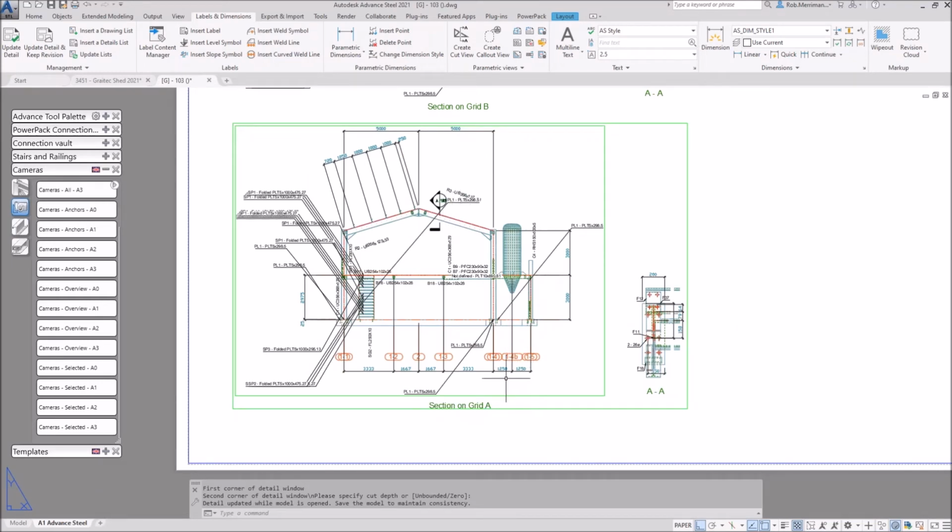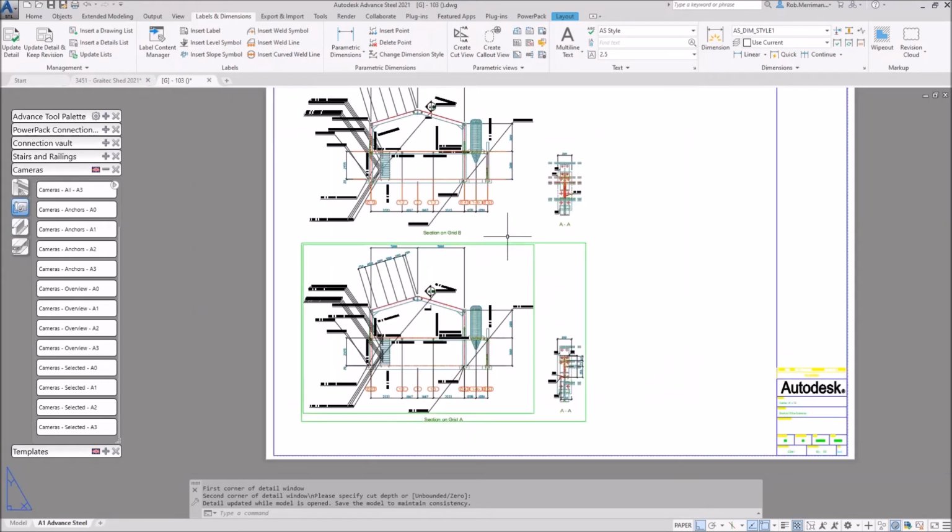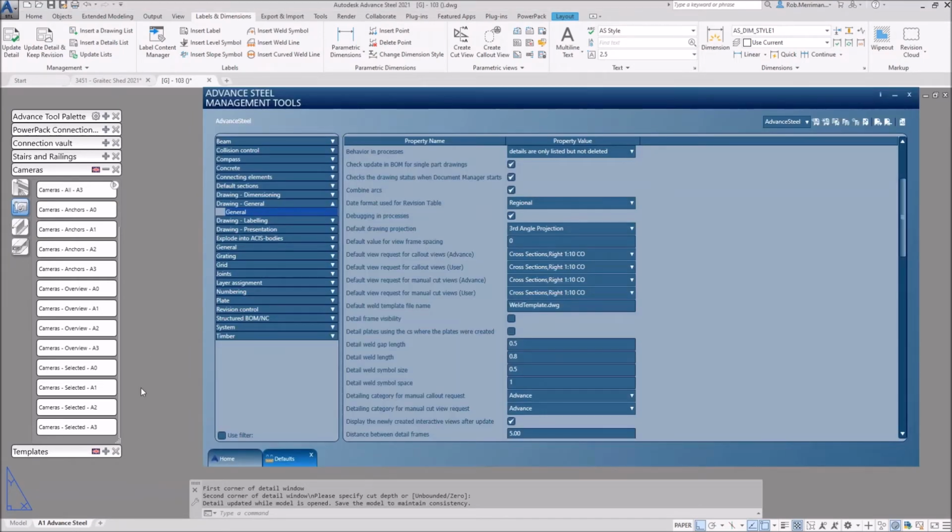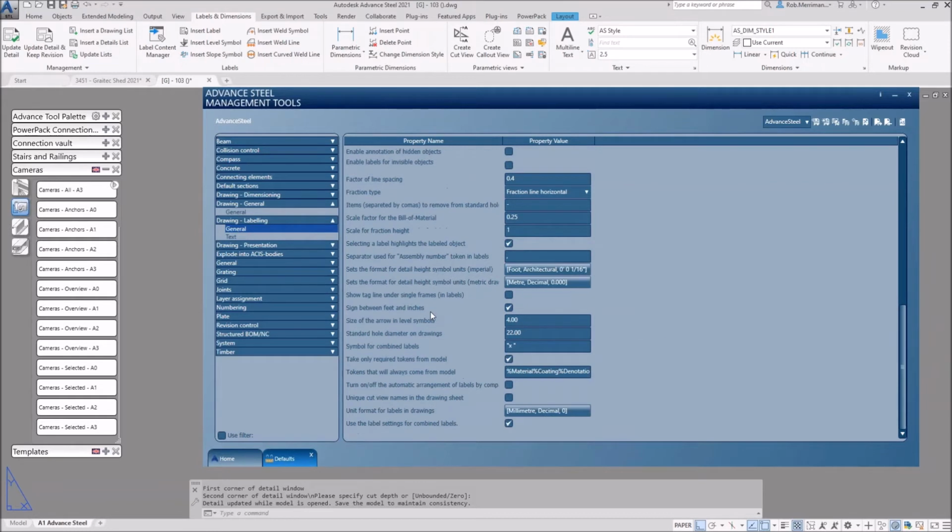Now I want section A and section B, because that might confuse people who are approving it, and really you shouldn't have the same section with the same label when we're sectioning different drawings. So like we said, that is again another management tool. That is in drawing labeling and general, and that is an odd one to find. That is called unique cut view names in the drawing sheet. So if I tick that,